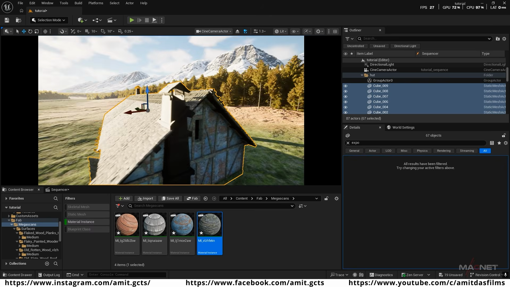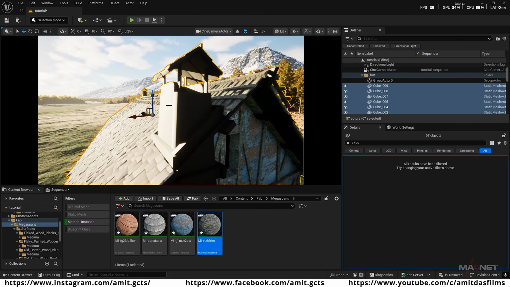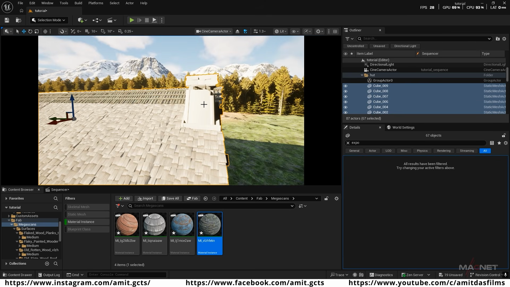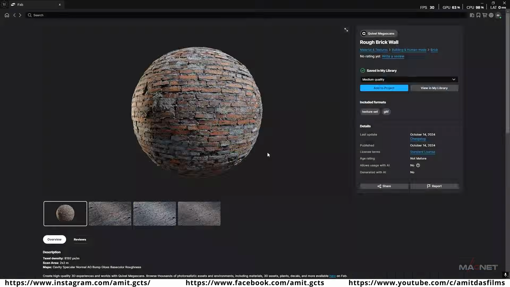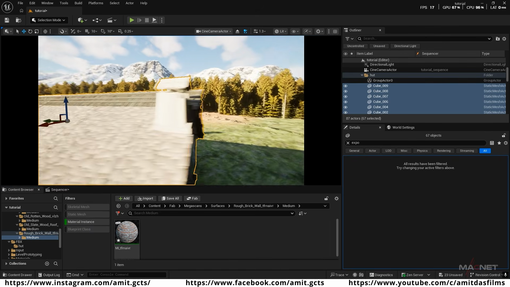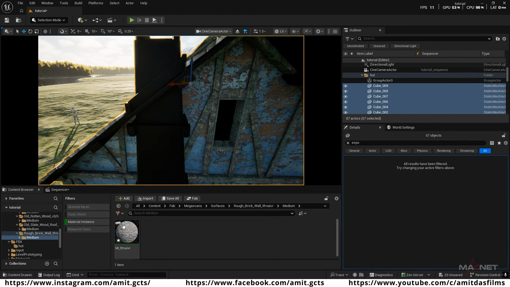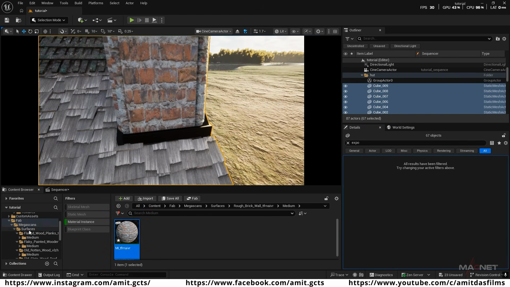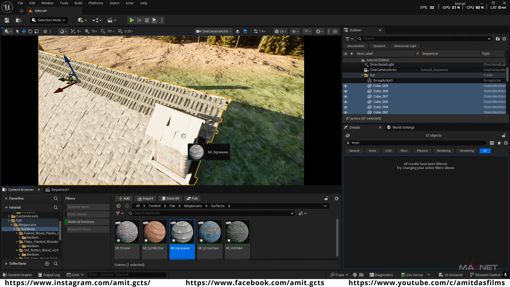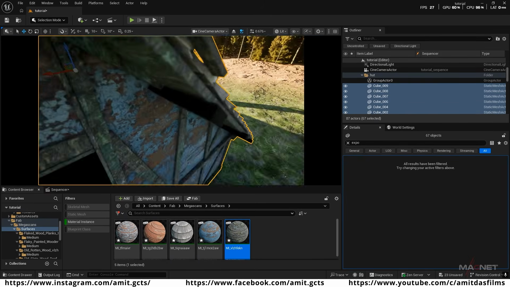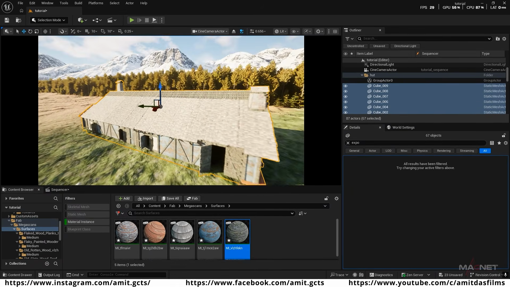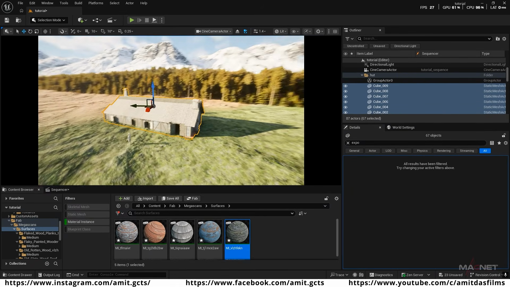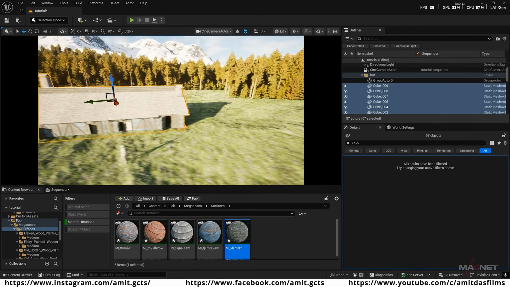And also we need to download some brick material for these chimneys here. So again I go to the Fab Marketplace. So I'm going to use this brick material for the chimney. Just click on this add to project. So here is the brick material and I'm going to use it on this chimney here. Okay, so as you can see, we completed the hut here and now we're going to reposition it